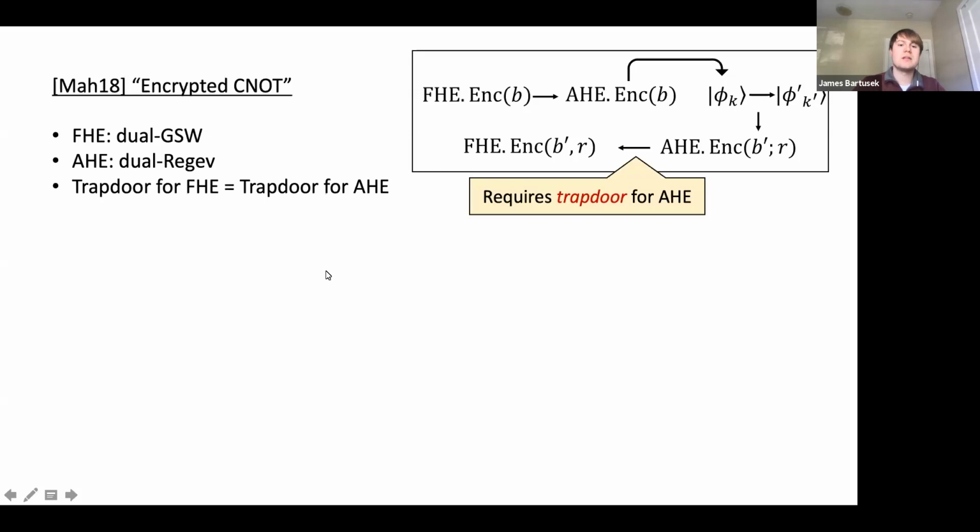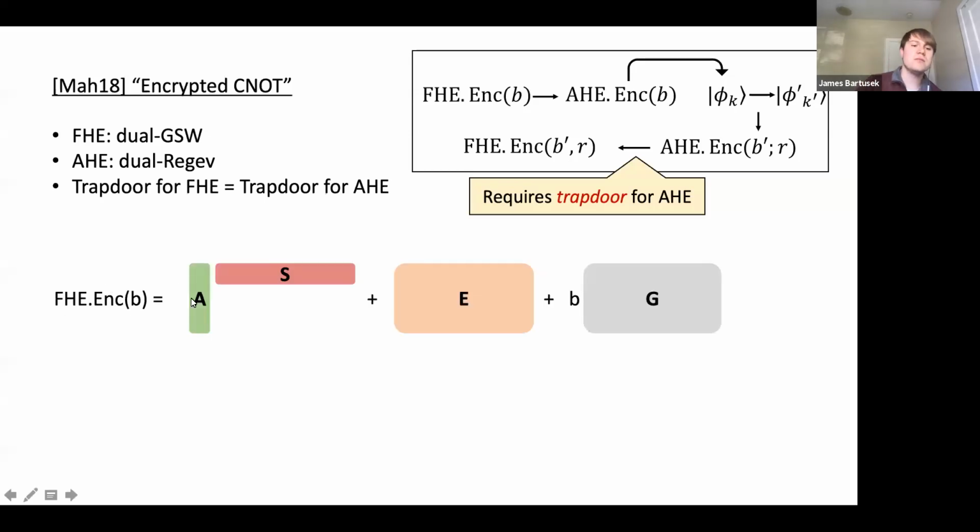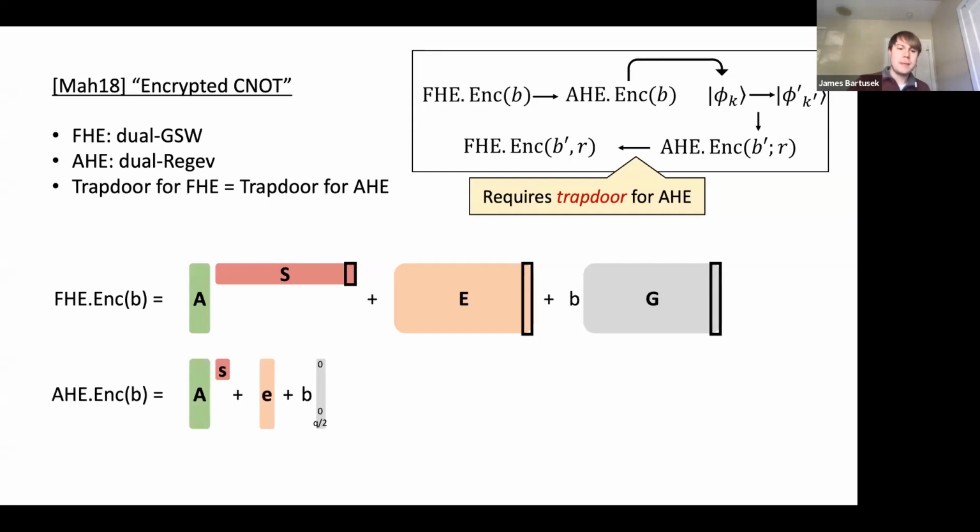And so this is actually particularly nice for the following reason. Let's look at what a dual GSW encryption of a bit B would be. You have a public matrix A, then AS plus E, and then you basically add the bit B times a gadget matrix. This is just what dual GSW looks like. Now note that if you just take the final column of this ciphertext, this is exactly a dual Regev encryption of B. Okay,